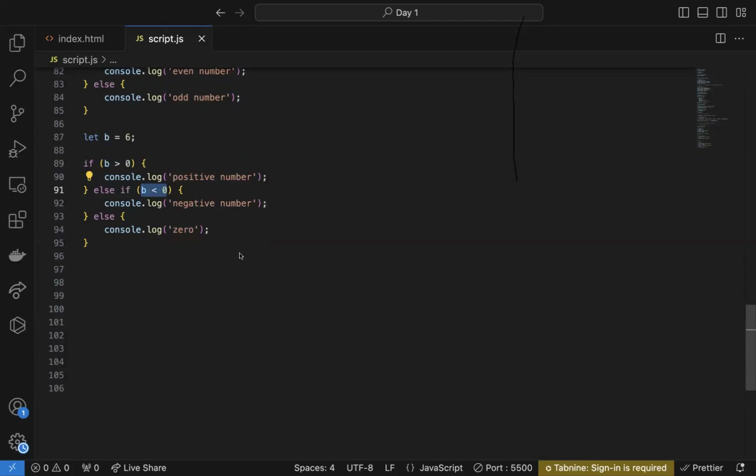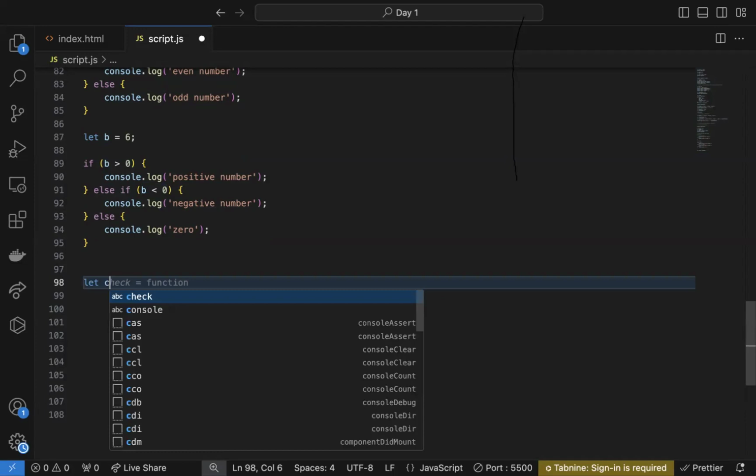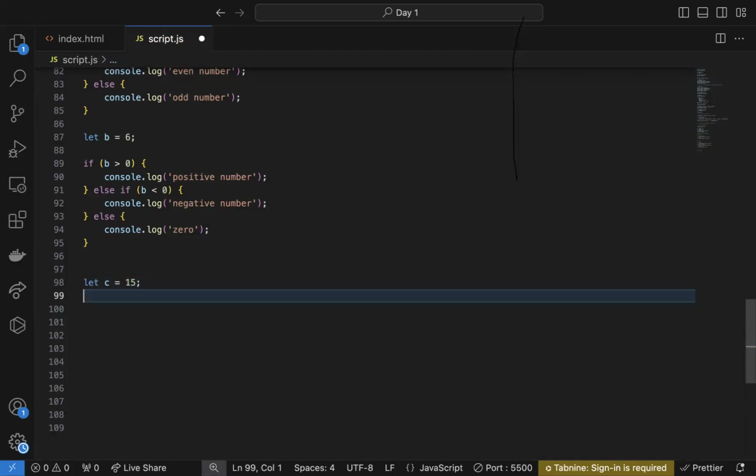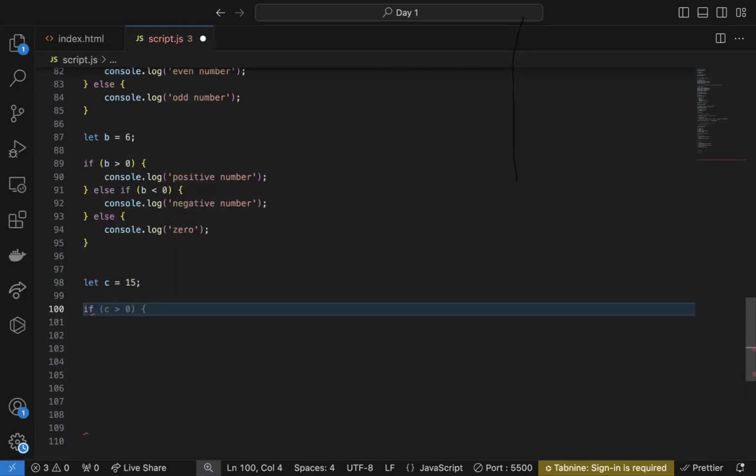Okay, let's do something that looks a little complicated, but it's not. So let's check if a number is divisible by 3 and 5. Let's define the number as C equals, let's say 15. And then we now say if the number, if C